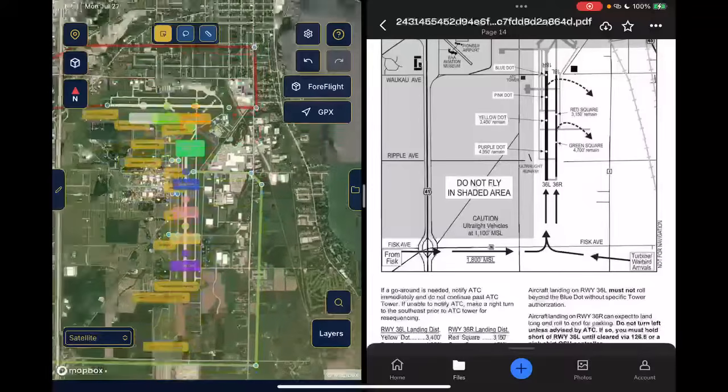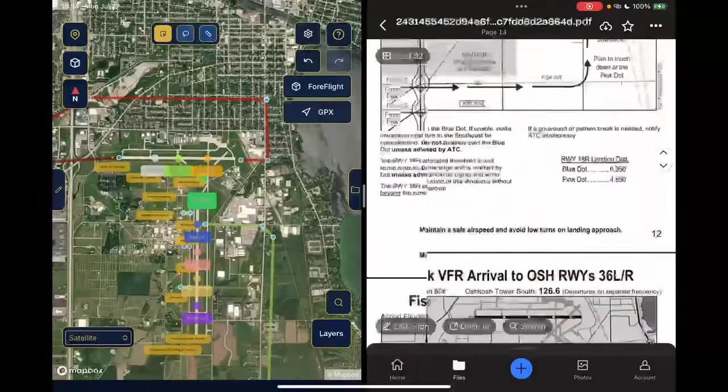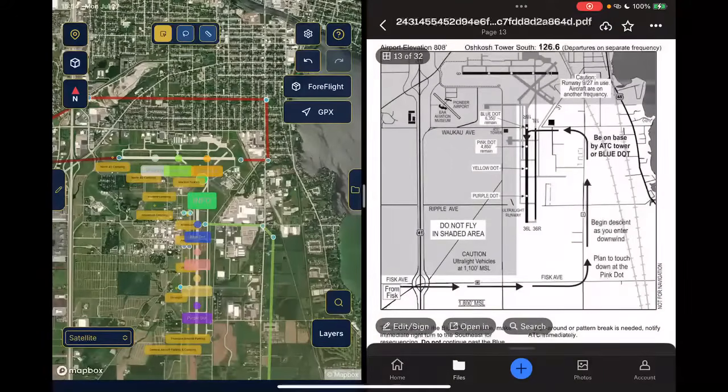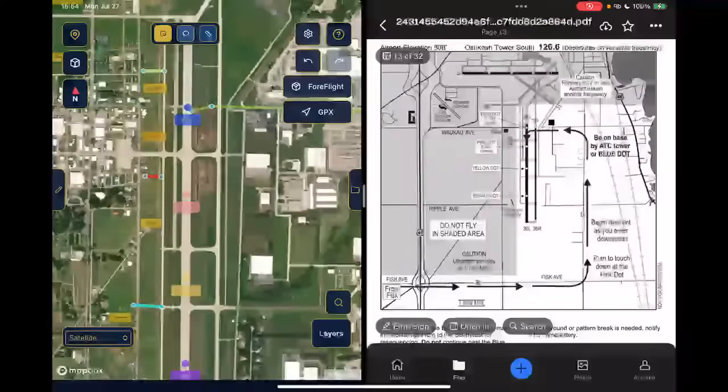Okay, so you'll notice that they broke 3/6 into two separate runways. Same thing with 1/8. Right, so runway 1/8 left is the taxiway, and runway 1/8 right is the runway. So let's definitely